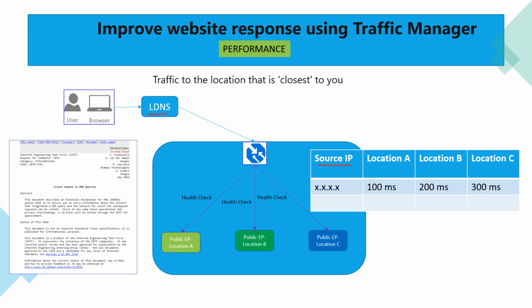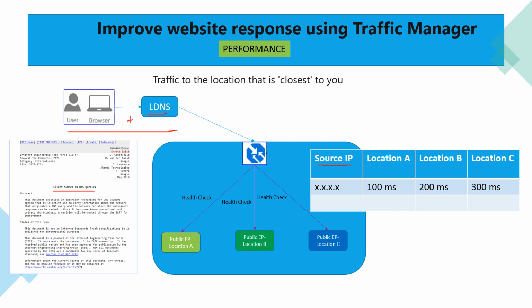However, there's one RFC. If your DNS infrastructure is going to give you the ECS value, it means it is going to be the user public IP address plus your LDNS. That is going to be a more accurate way to locate